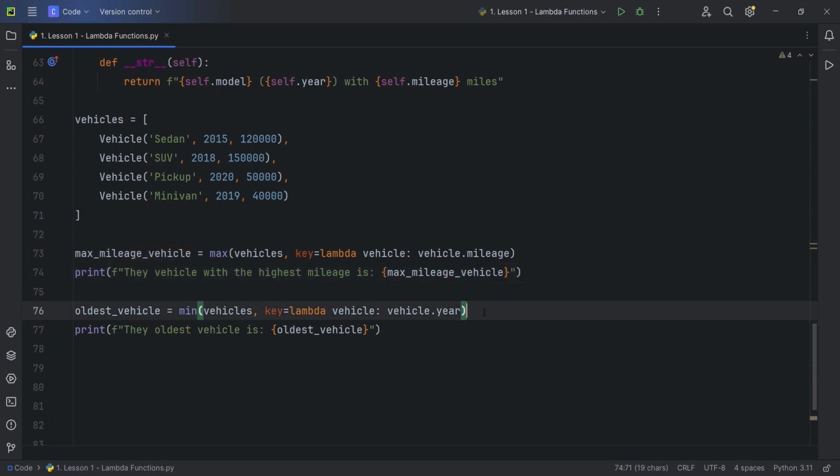Before I right click and run, let me explain this to you, but this should be pretty simple because it's doing something very similar to the max, but this time it's finding the vehicle with the earliest or smallest year, which translates to the oldest vehicle in the list. So similar to how the max works, where we provided the key and then we said for each vehicle instance we're accessing the mileage, this time for each vehicle instance we're accessing the year, but we're finding the minimum, and then we print out the